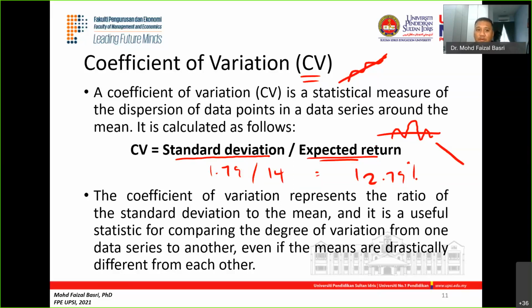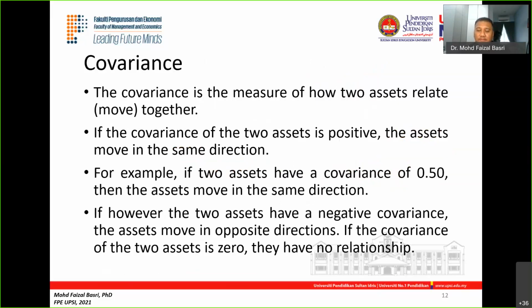But now we move on to multiple investments, or multiple assets. One of the measurements here is to measure the covariance. The word co here means we want to measure the variance, but how they react between two assets, how they relate together. If there's any relationship when one stock moves, either goes up or goes down, with the other investment, this is what we call covariance.